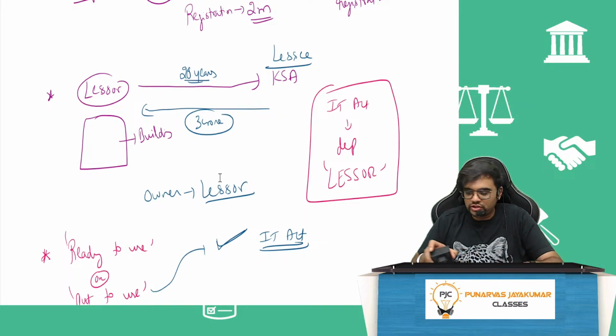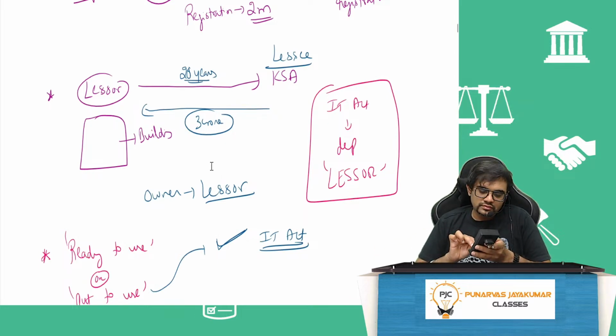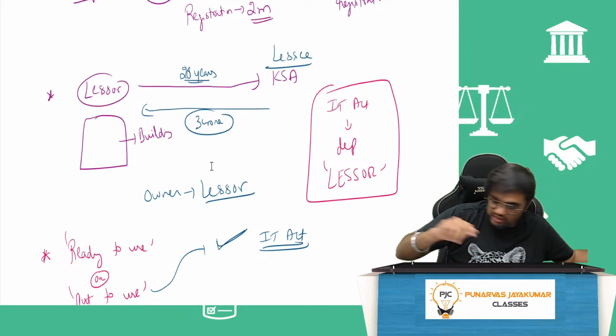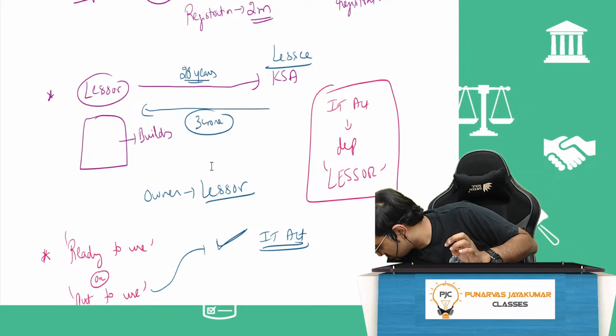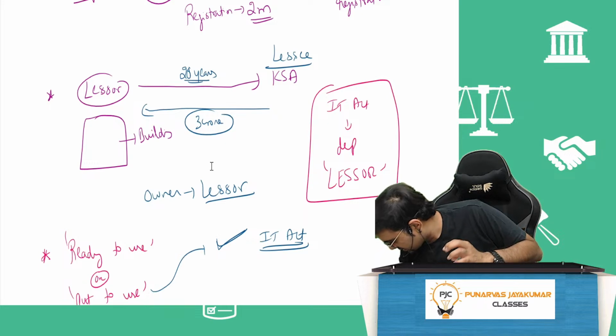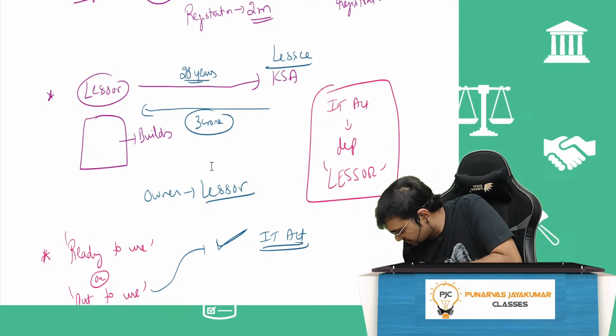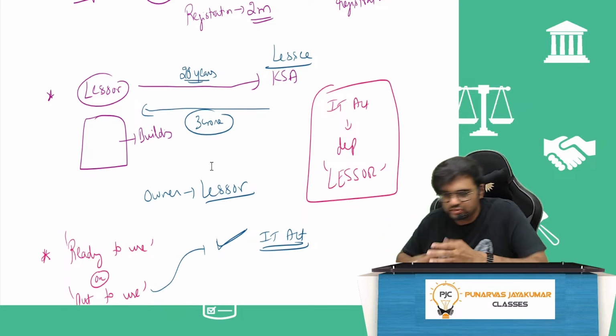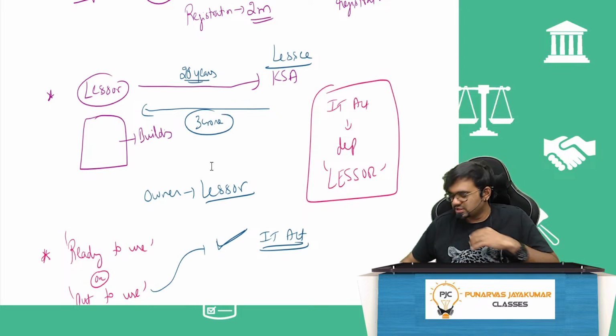Ready to use or put to use? It's always on put to use basis, not ready to use. As per accounting standards, depreciation can be charged based on ready to use. So if the asset is ready for you to use, definitely you can charge depreciation. But as per the Income Tax Act, it is what? Put to use basis. Anyway, so that is absolutely clear.